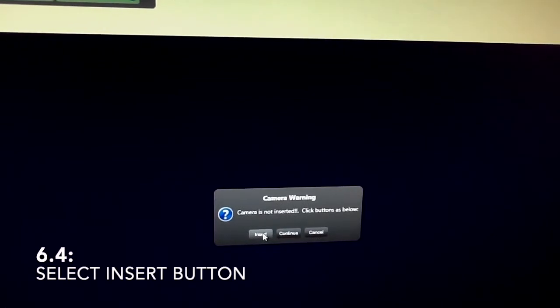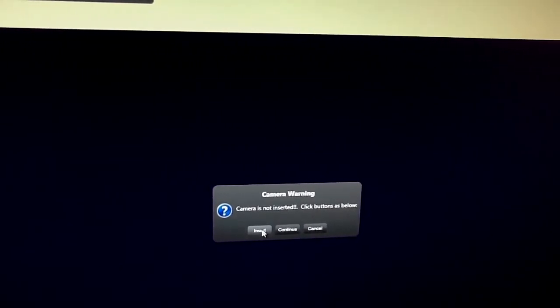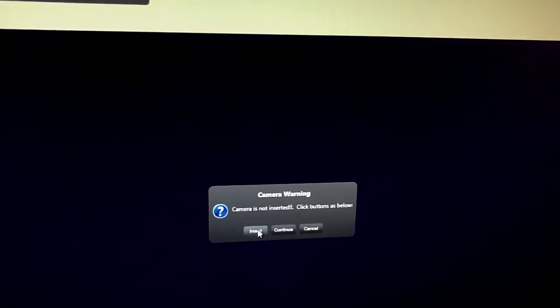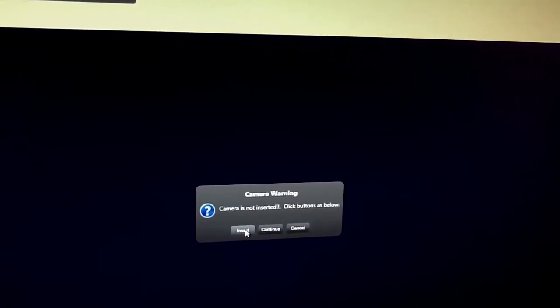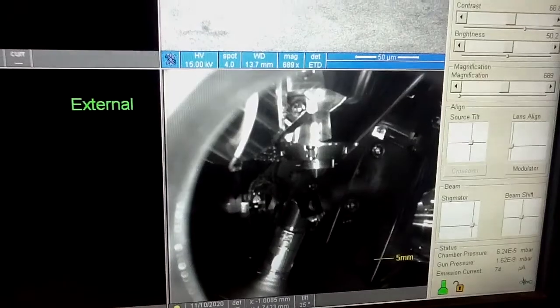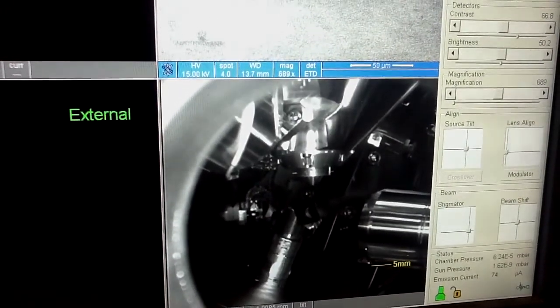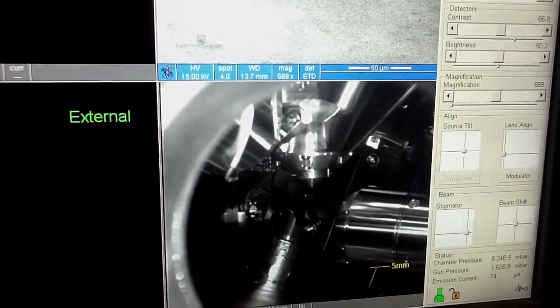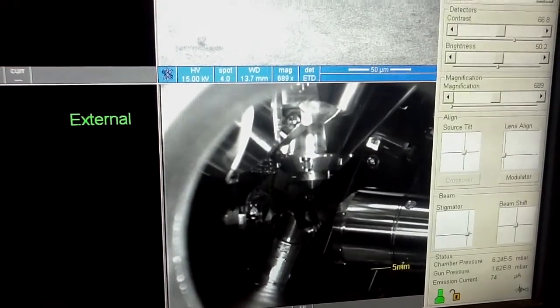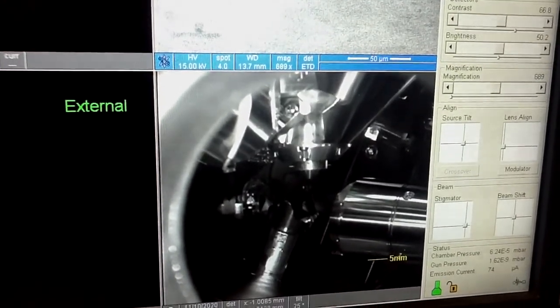Hit insert. That should move the EBSD detector towards your sample. You can see the detector is moving towards the sample. It will stay away from your sample, and that is why we also need to ensure that the sample or the stage is not too big.